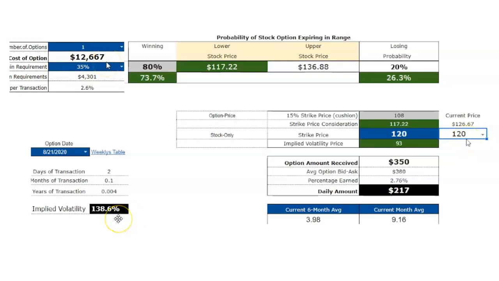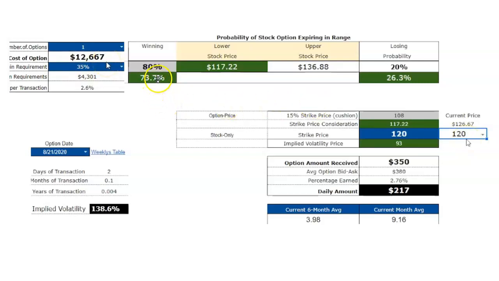Again, the things you have to look out for are the days of expiration, the volatility, and margin. If you're trading on margin, the amount that you're going to get, is it worth it? The daily amount and your strike price. The most important thing you want to focus on is: if I sell this option, enter this contract, do I have a strong probability of winning?